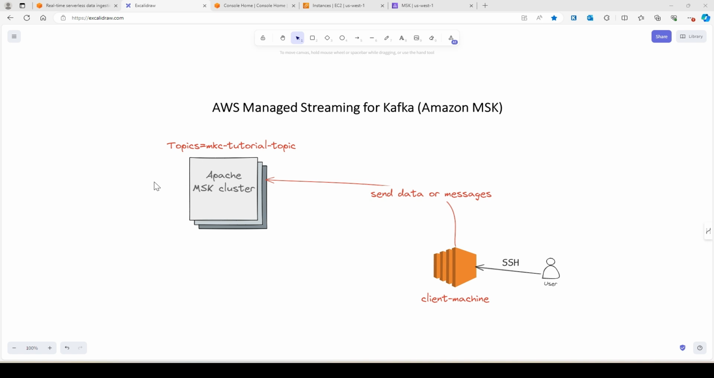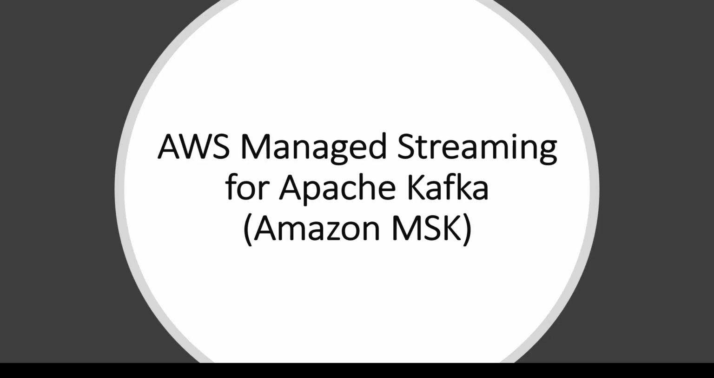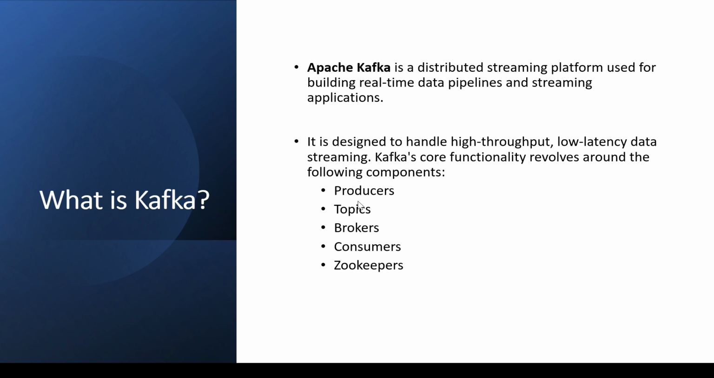a very simple demo. So before I talk about Amazon MSK, let's first understand what is Apache Kafka. Let me just open my slide. So AWS Managed Streaming for Apache Kafka, which means Amazon MSK. Here, the key point is streaming. So remember this point. Amazon MSK is widely used for streaming the data, right? So let's first understand what is Apache Kafka in general, and then we will deep dive